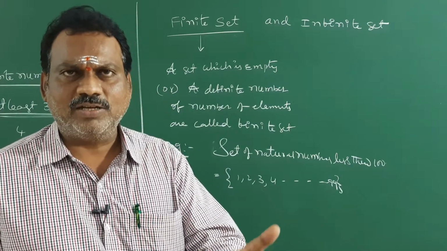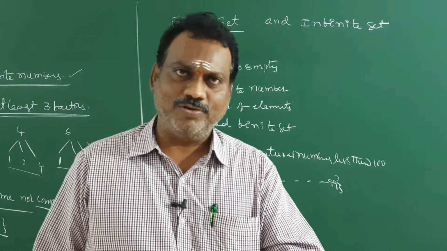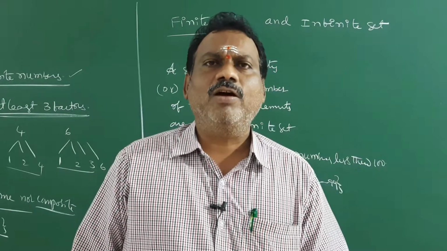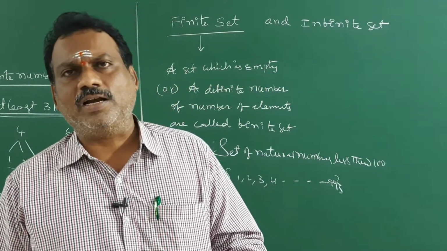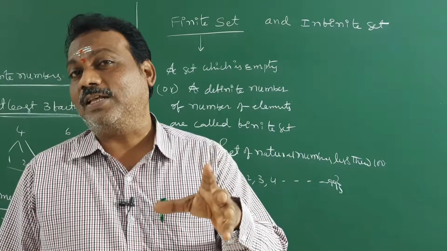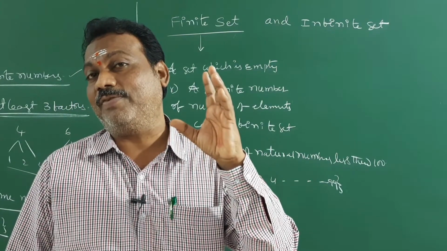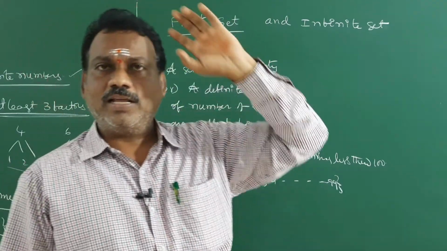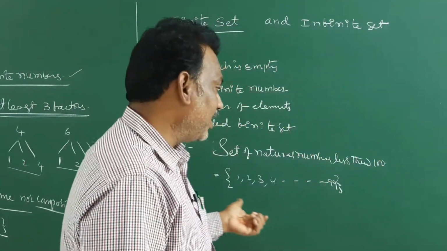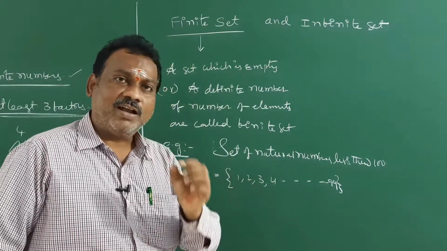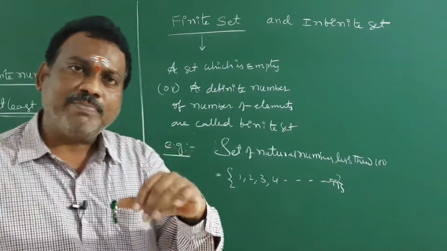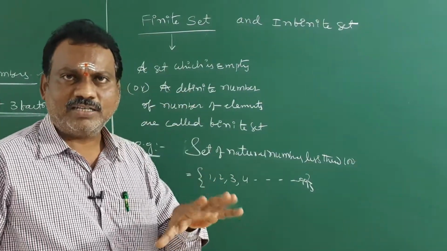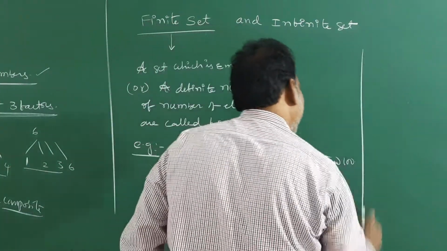Set of vowels, you know very well, that is 5: A, E, I, O, U. Correct or not, students? Set of English alphabets, we have 26. They are countable. Correct or not? Set of multiples of 6, those are infinite. 6 ones are, 6 twos are, 6 threes are, 6 fours are, like it goes on. That is an indefinite number. So if a set contains a definite number of elements or is an empty set, it is called a finite set. Clear, students? Next one is the infinite set.